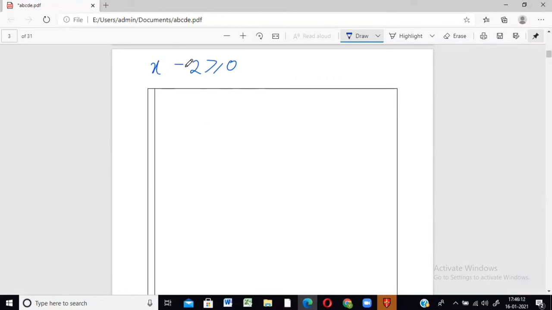Now, what about this one? x minus 2 is greater than or equal to 0. This is the same thing as how we do it with equations also. In equations, what do we do? We always try to keep all the variables together on one side and the numbers on the other side, right? So let us do the same thing over here also. x on one side, and let us push all the numbers to the other side. So this becomes x is greater than or equal to 2. They're telling you x is greater than or equal to 2.